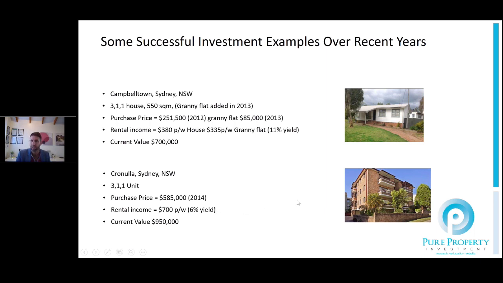And I think from my side of things, it comes down to understandable at the time. It still made sense. The rental yield wasn't $700 a week at the time. I believe it was around that early 6s, but it was still around that 5% gross yield. Good growth, just at the start of the growth cycle in that 2014 timeframe, but it has performed very well, and that owner still owns that property and has done very well out of the equity which they've reinvested as well. But a different property type at a different time as well.